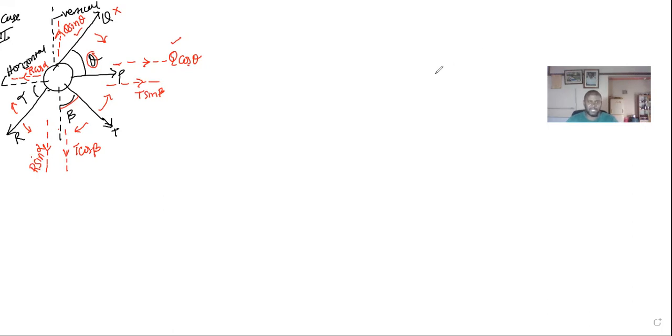Now, members, listen to me very well here. The forces you now see in red, plus this force I did not resolve, are the forces we consider. And we can say horizontally, the sum of the forces in the horizontal,